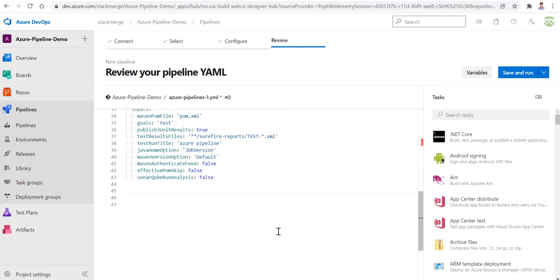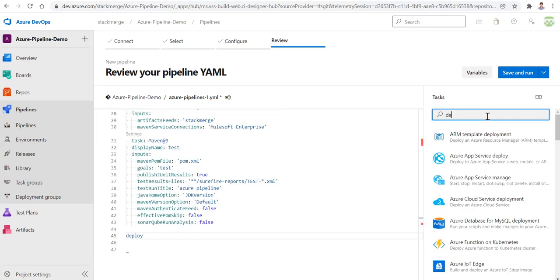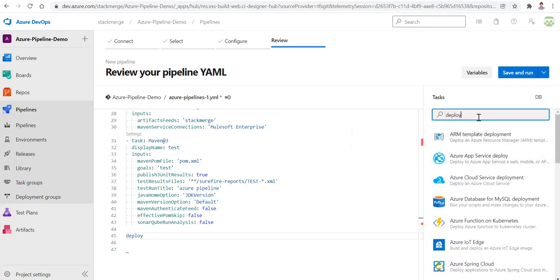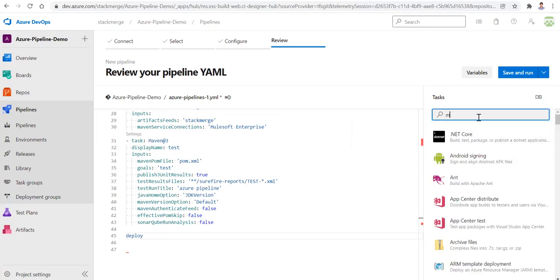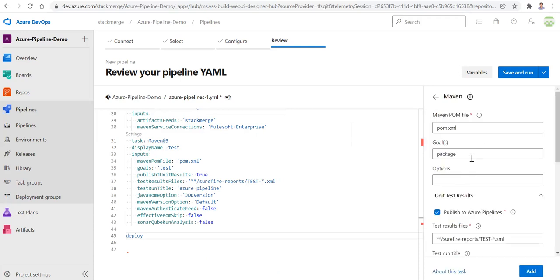Here we'll have deploy after this. If you go and say deploy, we need to search for Maven, and choose the package.